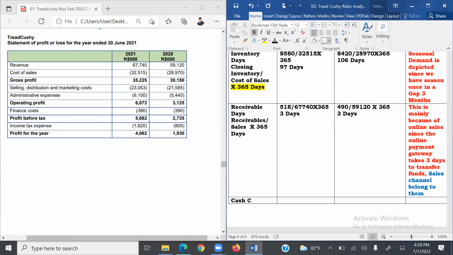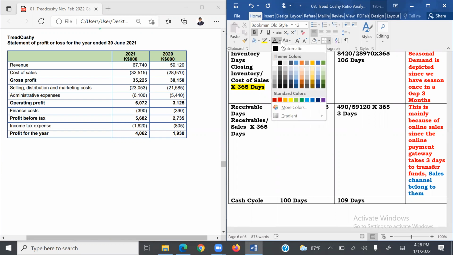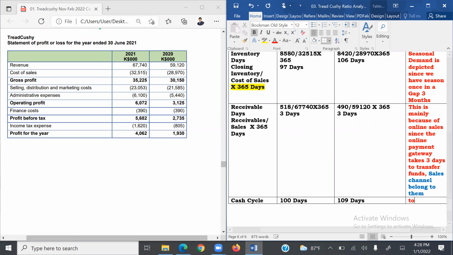Okay, cash cycle. Cash cycle is the addition of inventory and receivable days. So we will take 100 days to get the money, 100 days and 109 days. So I'll write down here, students, the total time taken to collect cash